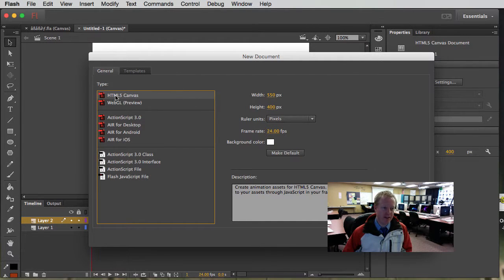I'm going to choose the HTML5 canvas. There are other options as well. ActionScript if you wanted to do some scripting for games. HTML5 allows other sorts of interactivity like it says down here. The width is set to 550 by 400. That's the default. I'm going to leave it at that for our purposes, but just keep in mind that, again,